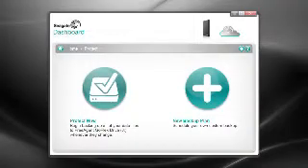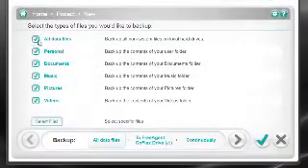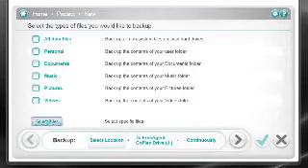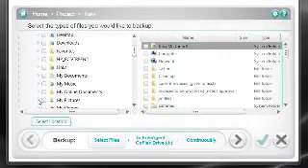From the Protect screen, click on the big plus button. The first thing you'll see is the option to choose which files to back up. There's my favorite, All Files, which is actually all your data files. Or you can choose to back up only the files in your personal, documents, music, pictures, and video folders. You can even select specific files to back up by clicking on the file names. This is especially helpful if you need to back up files that reside on an external hard drive.